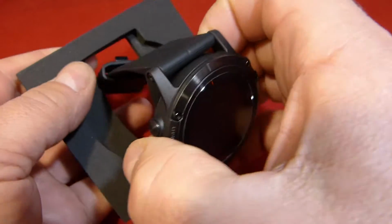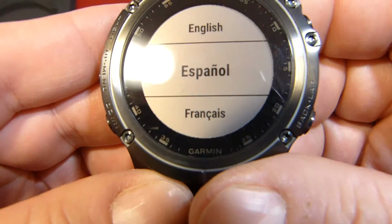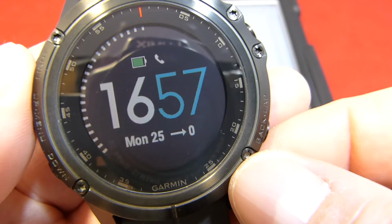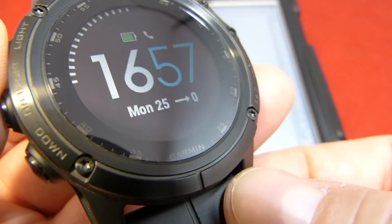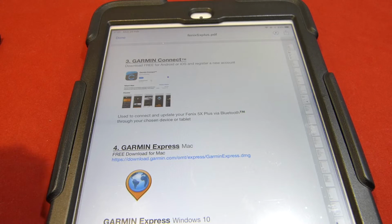So when you take it out of the box, it will have the language that you need to select on your watch. It's just a matter of following the on-screen display, and it's very easy to get to where I am now in this state, with it just showing you the time. Once you've done the basic setup through the watch,